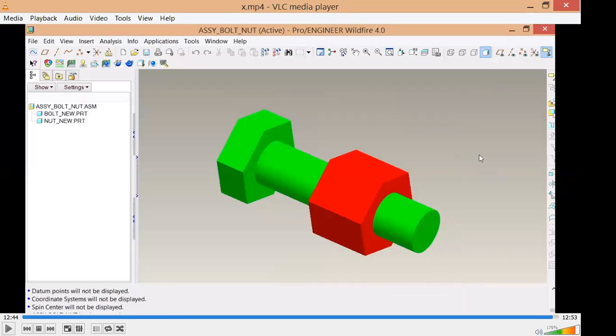One more advantage is that you can use the existing features to create further components. And another advantage is that you will not make entries in inconsistent units. You will not make the bolt in inches and the nut in millimeters, because you are working in the same assembly. You know the relative sizes of the components, so you will draw it correctly. These are the things.